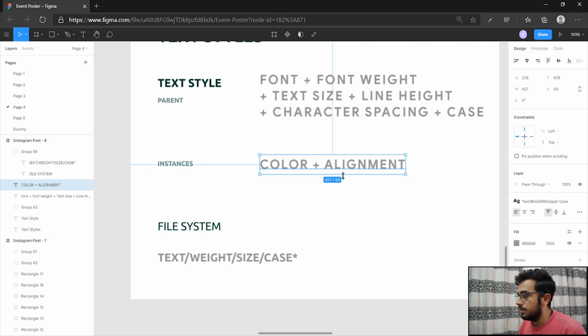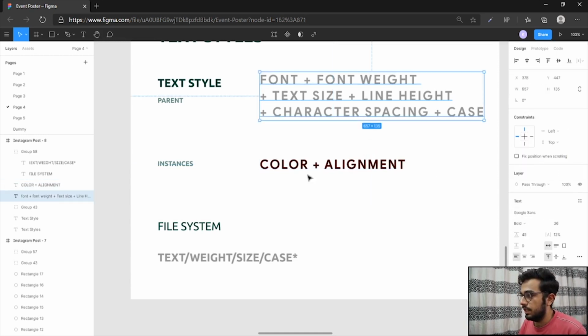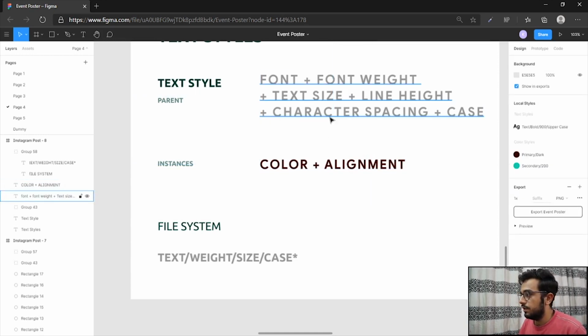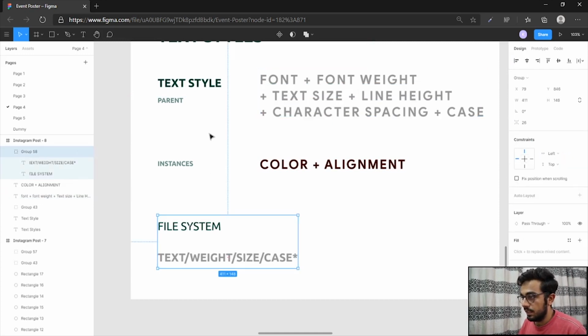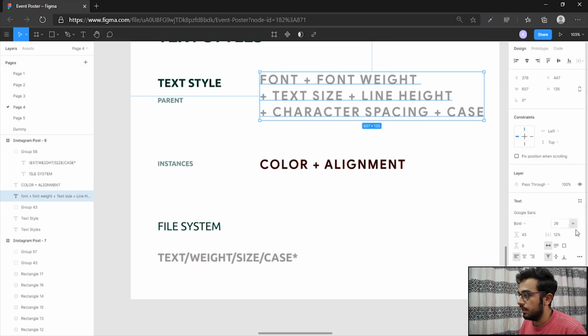So as you might have noticed, it also shows fill, so I can choose a color style as well. So a color style is independent of the definition of a text style. For example, if I want to give this text or this text anywhere a text style, I can simply click on it, go on to the styles, and I would have my text style out here.